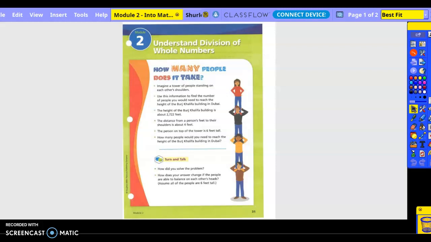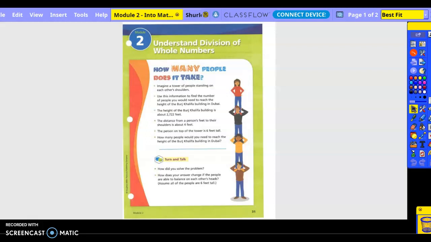Fifth grade math, module 2. Understand division of whole numbers. How many people does it take? Imagine a tower of people standing on each other's shoulders. Use this information to find the number of people you would need to reach the height of the Burj Khalifa